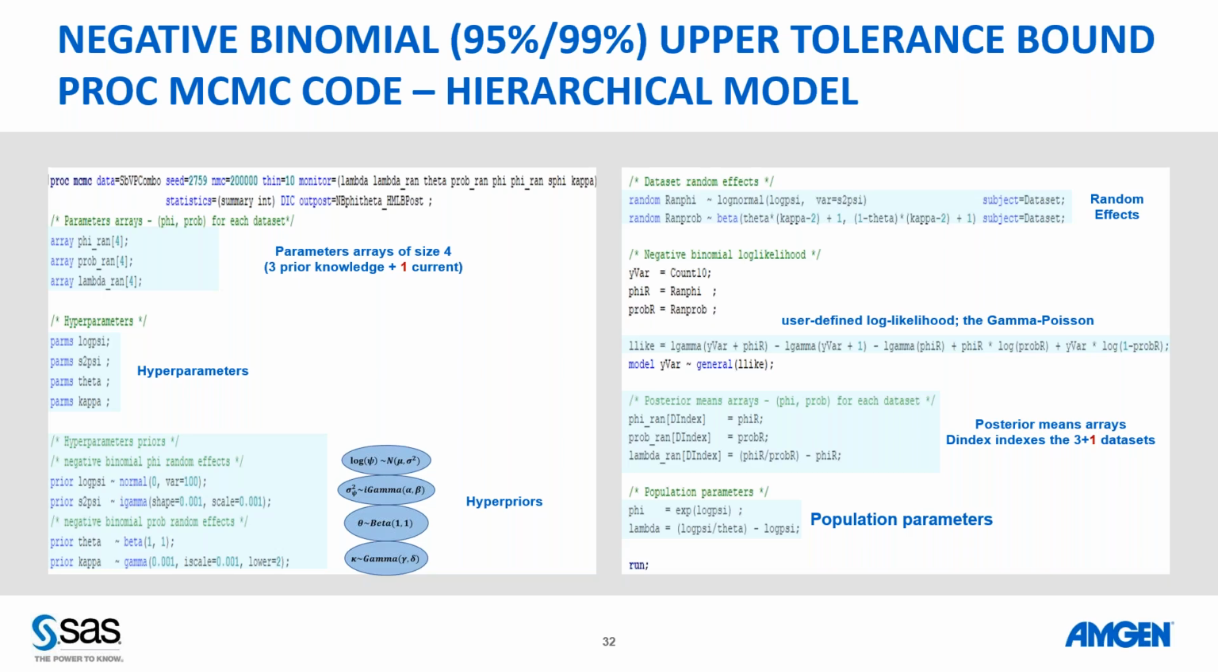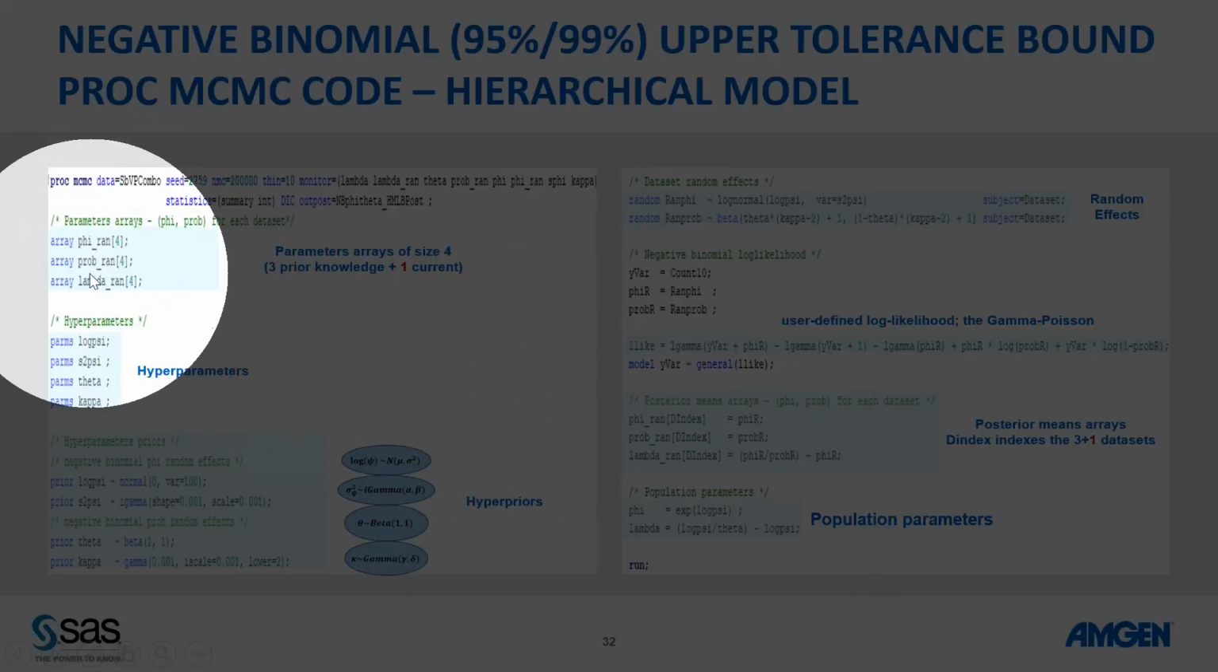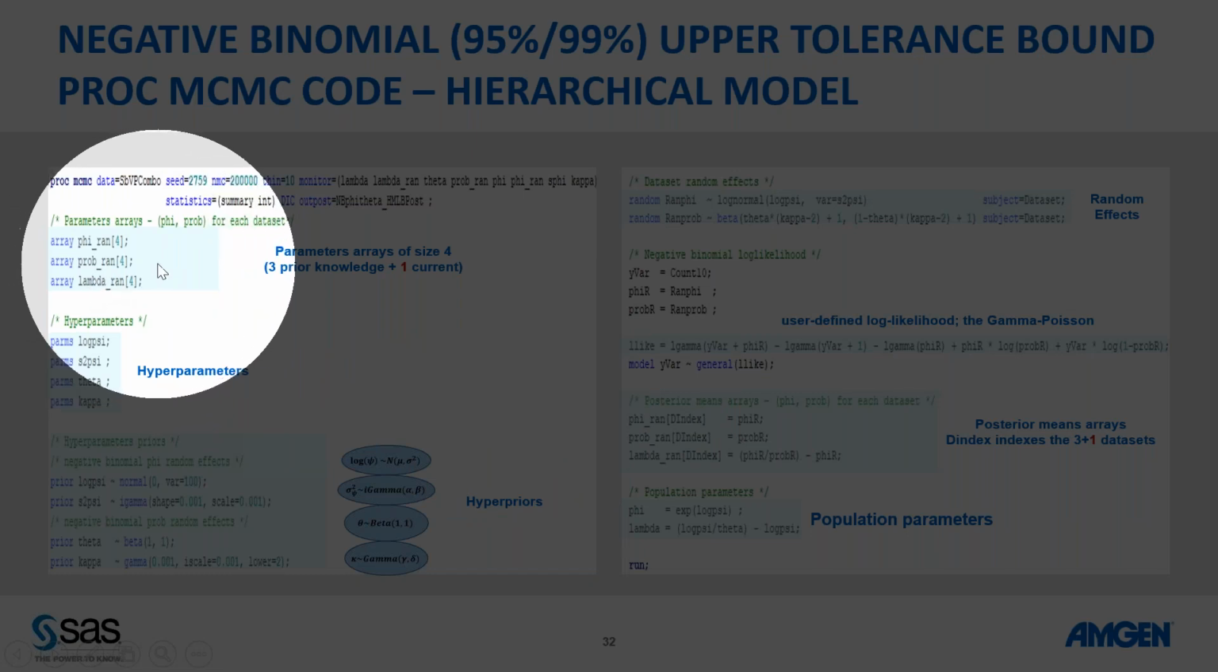So here's the code for that. This is a little different because it has arrays. So the arrays represent the parameters from the prior information of these parameters, and then